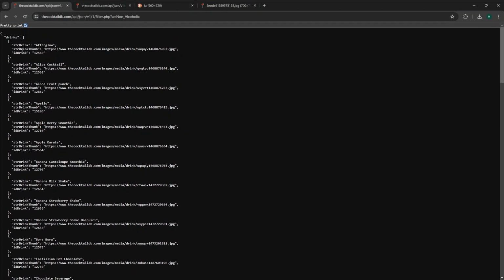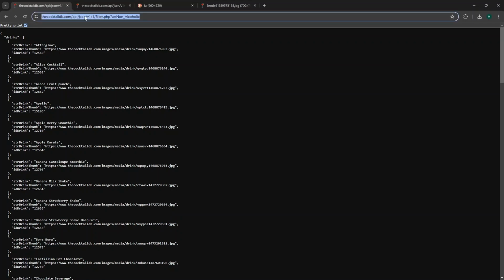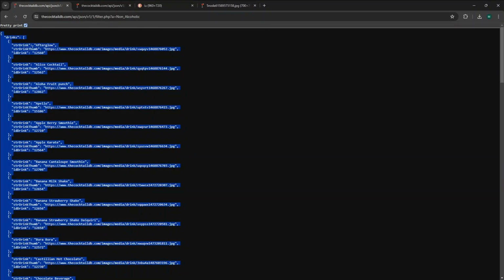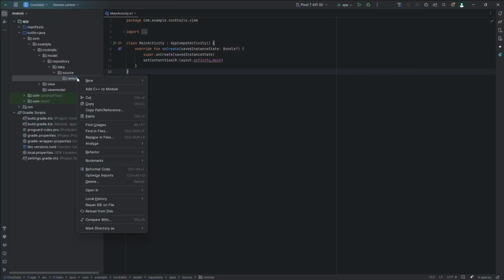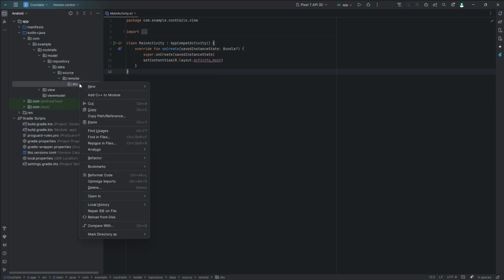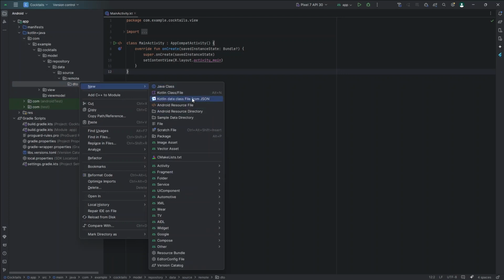The first remote data source that we will be using is this API endpoint. So this will be returning us the strings list. So in this strings list, what we have a data source as a DTO for this return, and select all and copy this one and go to the Android Studio and add a new package for the DTO, and right click and add a new Kotlin data class from